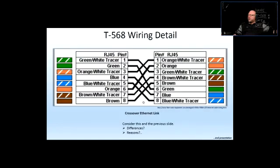Okay? Now, when it comes to a T568 crossover cable for Cat6 and up, you're not only switching oranges and greens. See here, orange and green here, and the green, orange and green here. We're also switching the browns and the blues. So sometimes you're going to see that as a crossover, well, if you Google that. But this would be a crossover cable that is fulfilling the specifications of Cat6